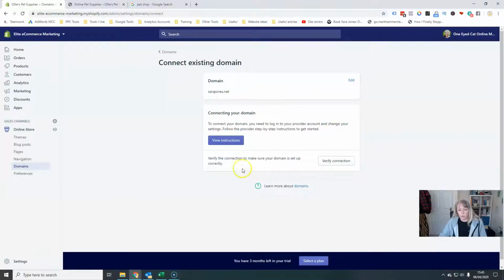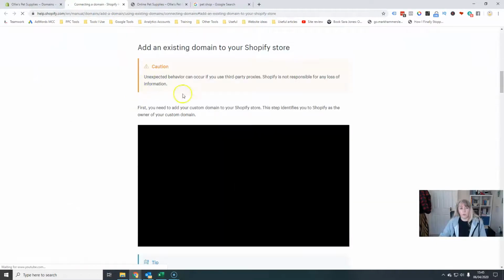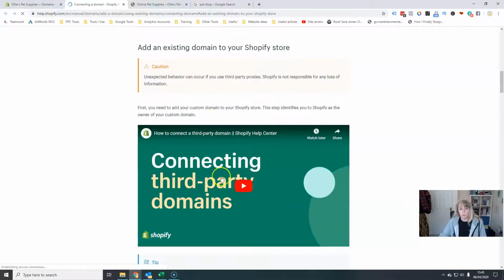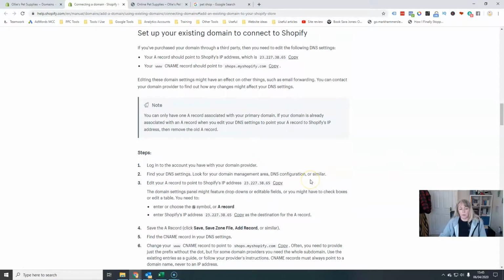And then it will ask you to make some changes to what's called the domain name service, the DNS records, at wherever you have registered your domain. By clicking on View instructions, it gives you all the instructions that you need to get that set up. Okay,